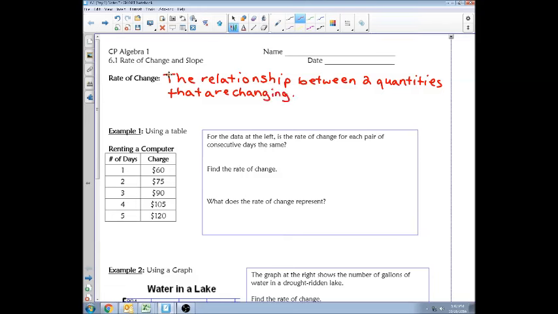Another way to think about that is, it's also known as the slope. It's pretty important. You're going to need to know about the slope for the rest of the year. So the rate of change